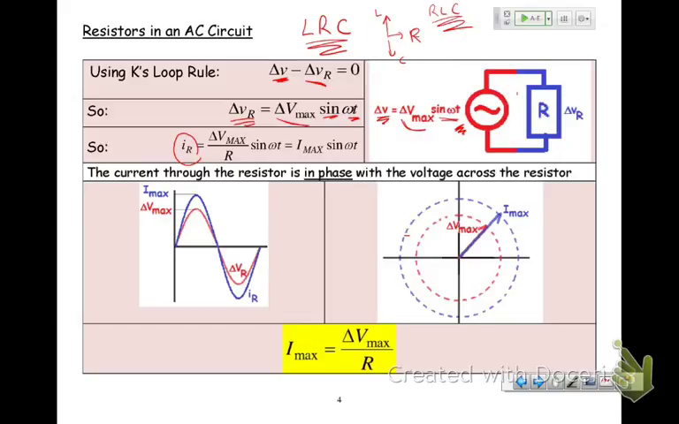Well, delta V max over R is I max. So my current any time through my resistor is equal to the maximum current times the sine of omega t. It kind of works nicely, and it seems a bit trivial. And when I plot it out on a phasor diagram,